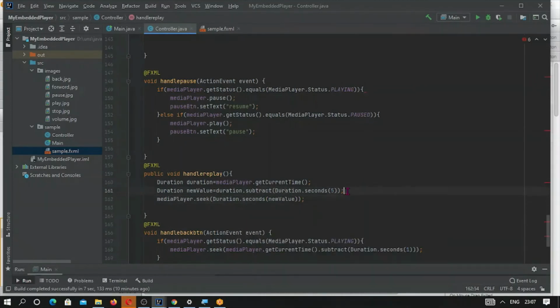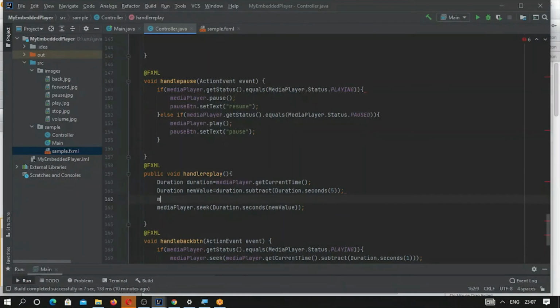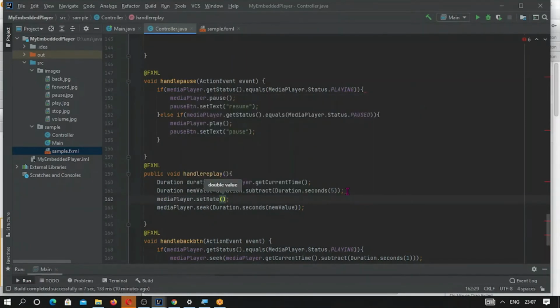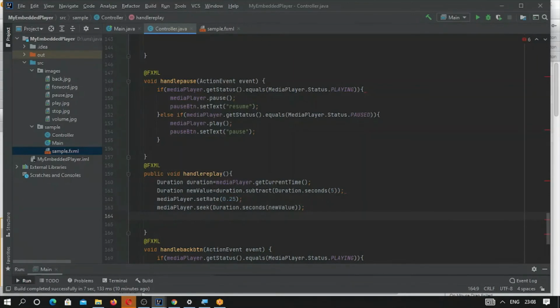This will simply start ahead. We also have to set the rate, reduced by set rate, how much, and this should be okay. Always remember this will be a double value, so this will reduce the rate by 1/4. So replay will be done like this, and again at last we have to